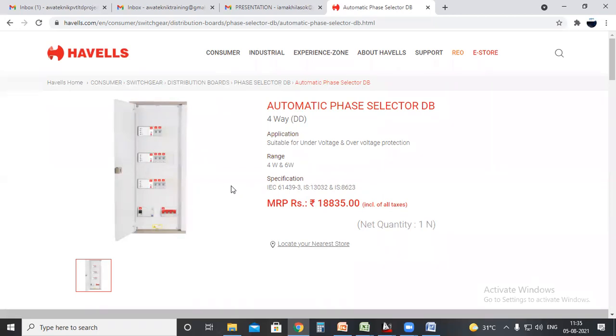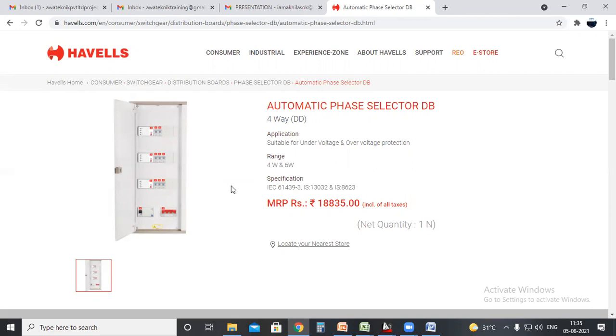You can also rectify that. If you have voltage stability issues, you can have a common stabilizer, and so you can overcome that. Compared to the manual one, this one is okay, because it will automatically change the phase. But as I told, this is only available for residential purposes. For commercial, or if your residential building has a higher load, you will not get permission for this type of DB, since the phase changing will affect the balanced condition of the transformer, which will make overcurrent or neutral current flow through different circuits.